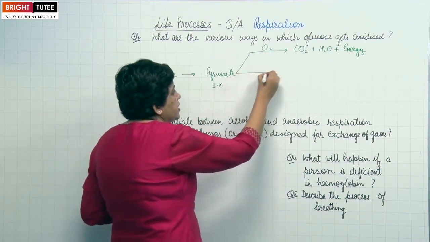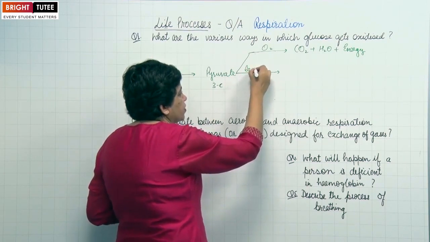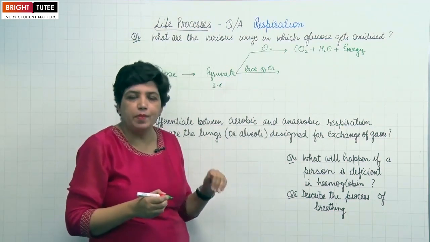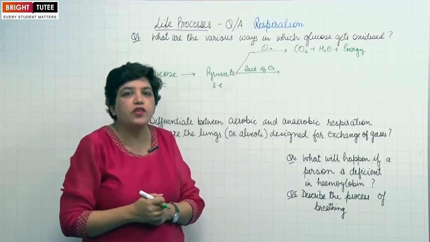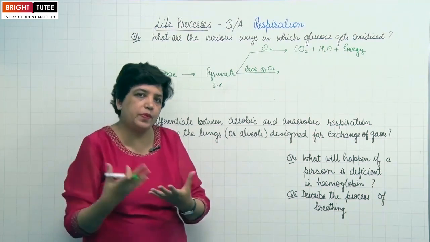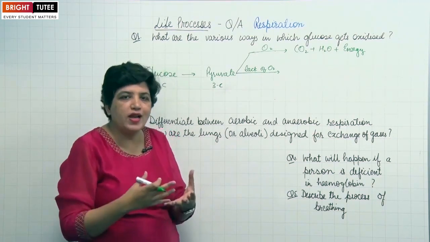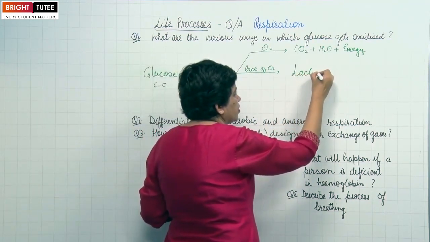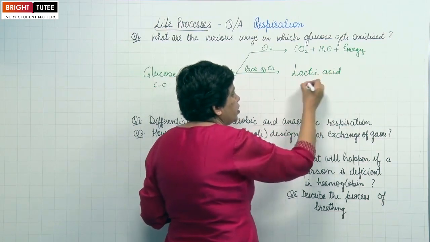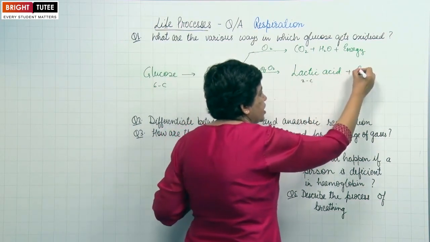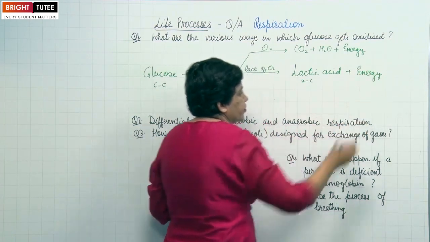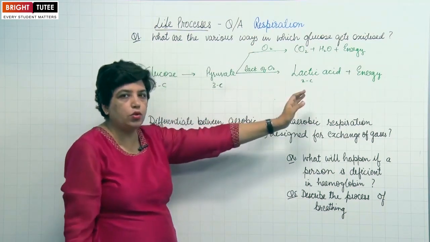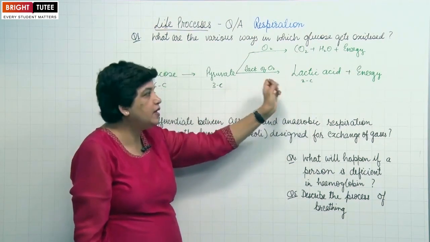Now, the second case is if there is lack of oxygen. What will happen? Especially it happens in the muscle cells of humans. If there is lack of oxygen, but the person is doing some vigorous exercise, what will happen? This pyruvate gets broken down into lactic acid, which is a 2-carbon compound, plus energy is released. So this happens in human muscle cells, that glucose is broken down into lactic acid, which gets accumulated, but energy